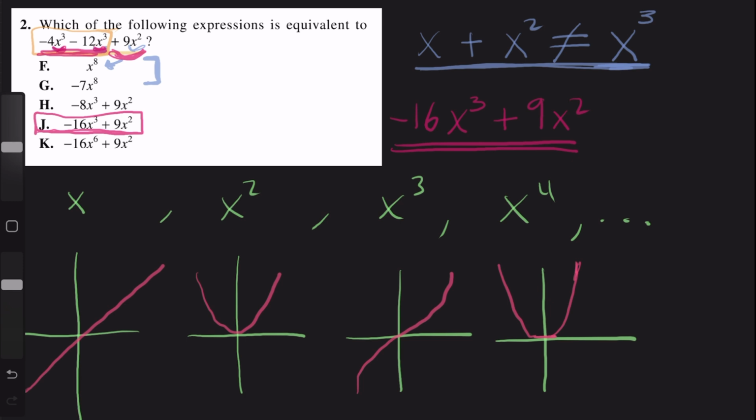So two very important aspects were discussed here. One of them is that every power of x is linearly independent from the others. They have completely different behaviors, just as each of these plots is showing. And whenever we add or subtract different powers of x, remember, we cannot write that combination as just one power of x. So as long as you have that in mind, you will be able to solve this